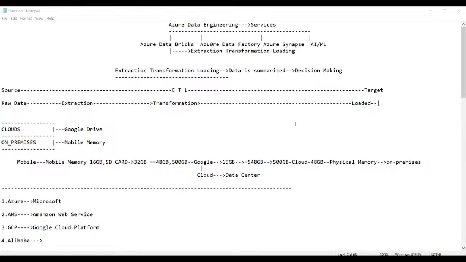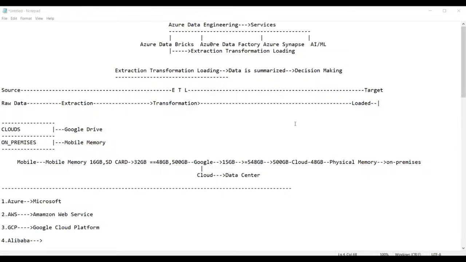Sir, ADB and ADF are both provided by Azure, Microsoft, right? What is the main difference between ADB and ADF? Basically, if there is a project where you are going to use ADF and ADB both, ADF is used for the data ingestion process, that means insertion of the data, only up to that.